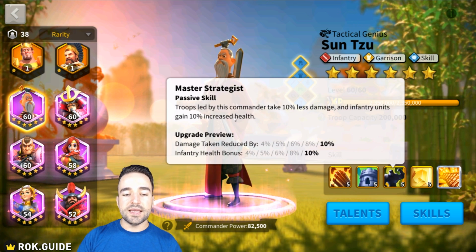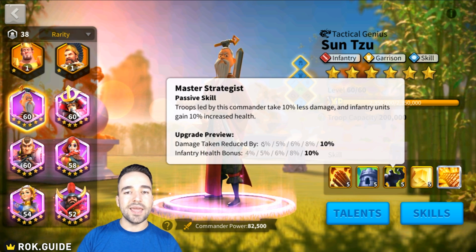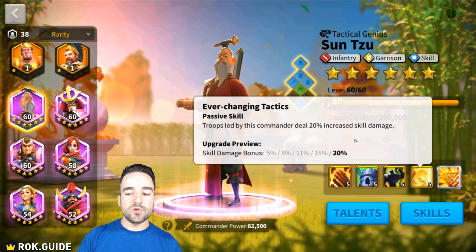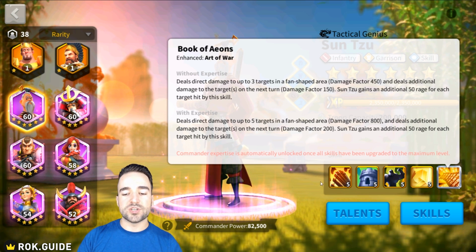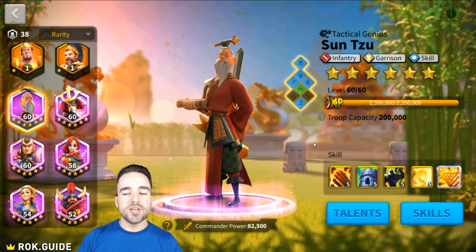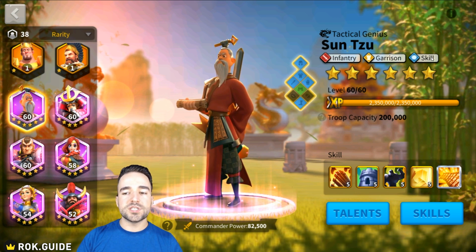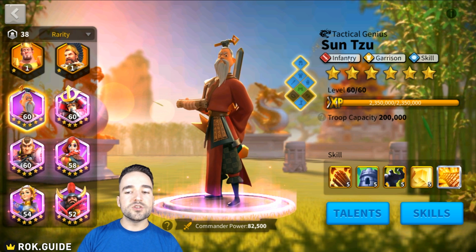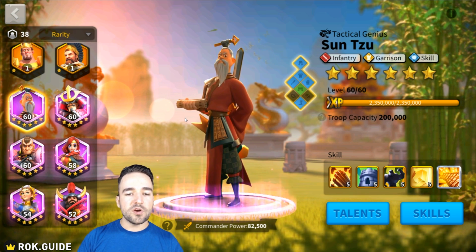and the fact that he leads an infantry army which he boosts the health of and reduces the damage taken of, and just general skill damage, and this is just a really high damage and rage generation ability. So Sun Tzu does a very good job. He can be built as both full infantry or full skill and do very well. I usually do full infantry with a bit of skill, of course,